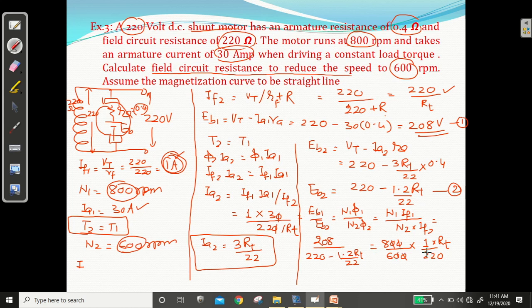Just I am going to use the calculator, okay, and after getting this one, I think it is a quadratic RT square आने वाला है. So we will get the quadratic equation. I am going to find it on the rough page. So it is 220, 208 into, okay, so just wait, I am going to use this part in rough page and I will write directly equation.